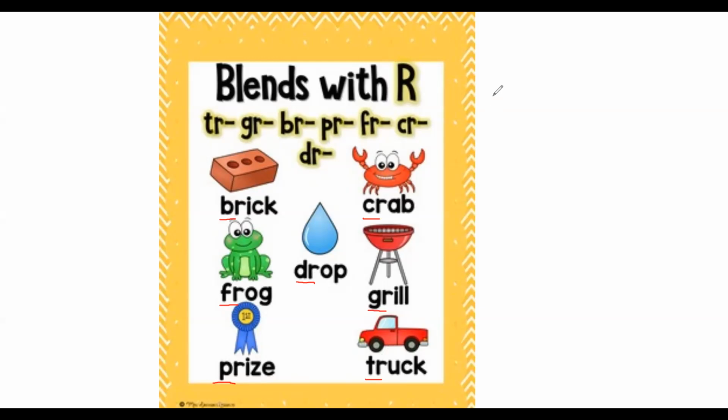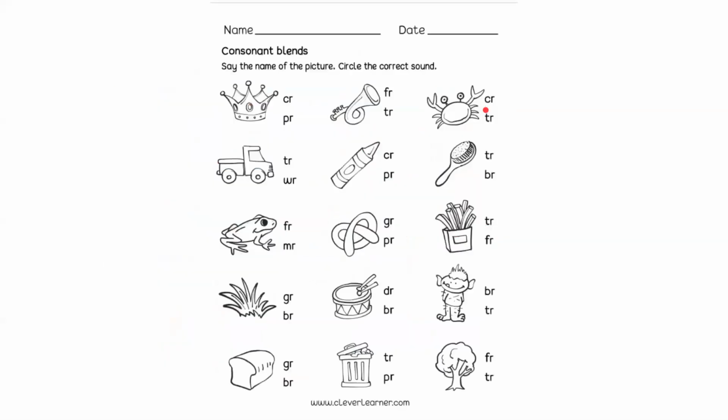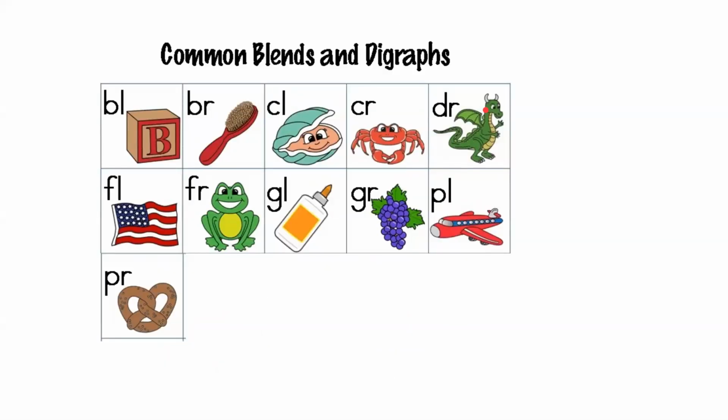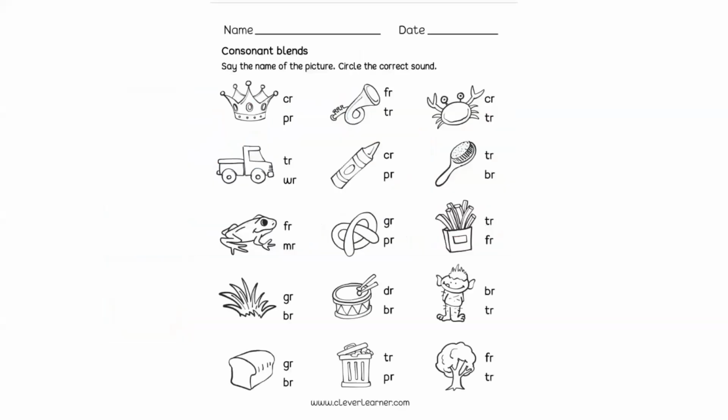If you are clear and you want to revise it again, you can pause the screen and do that. In this, what we have to do is, you have different words. You remember L blends. So this is a revision of L and R blends. So you can pause the screen and revise the L and R blends so that you don't get confused in the worksheets. Let's see the first worksheet.